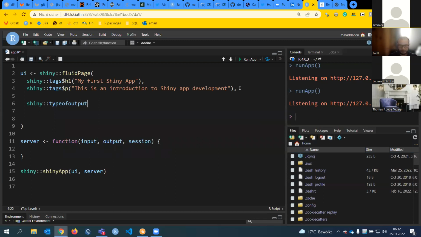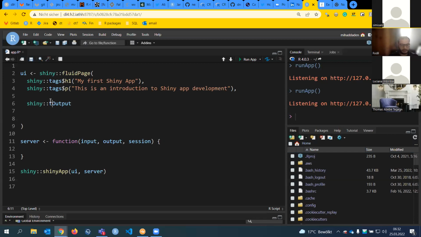And then the word output. So if I want a table as an output, I will write table output to state that I want the table as output. There is a function called tableOutput. If I want a plot, I will use the function plotOutput. If I want text as output, which is different from my HTML text, because I want, for example, a reactive text, right?